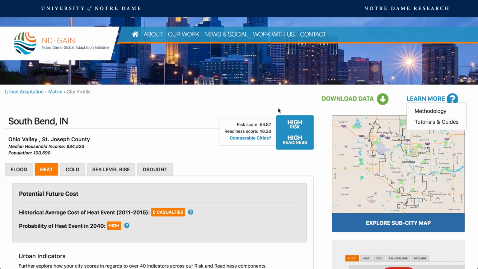Remember that your city's overall scores are highlighted at the top of the profile page. Overall risk and readiness scores provide an indication of how well cities performed on all of our indicators, irrespective of hazard. Unique per hazard, the scores under risk are based on several indicators. Colored bars indicate where your score falls on a scale of 0 to 100, relative to all other cities in